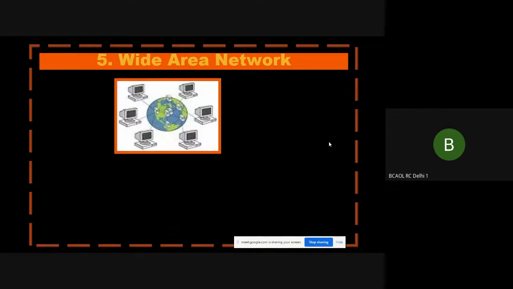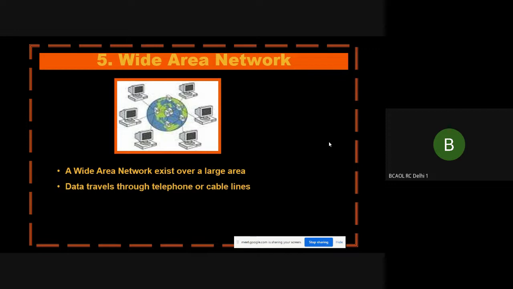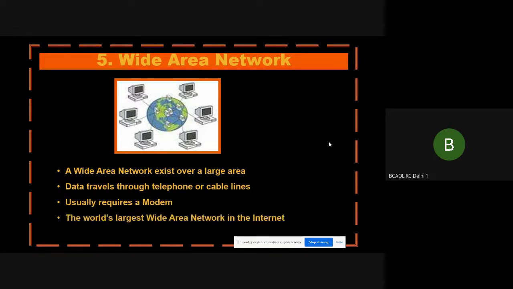Then when we talk about wide area network, what is a wide area network? It is your internet, over a large area. If you connect all the computers in the world, they will be connected through the internet only. So that is wide area network, and it exists over a large area. Data travels through telephone or cable lines and usually requires a modem. The world's largest wide area network is the